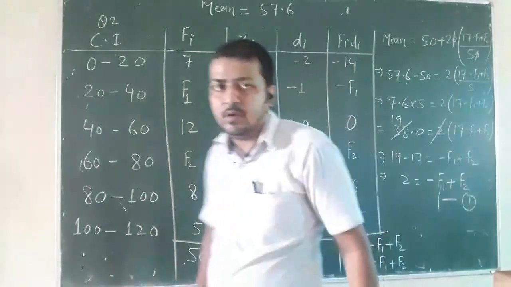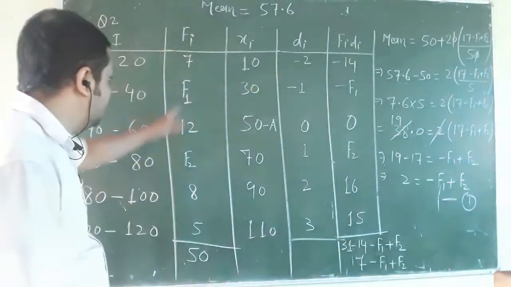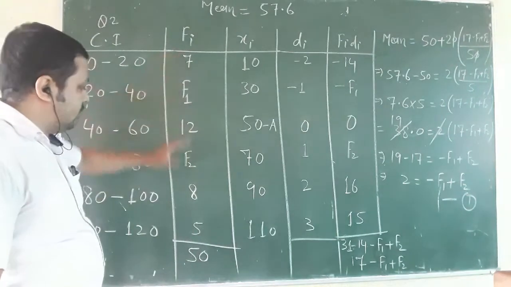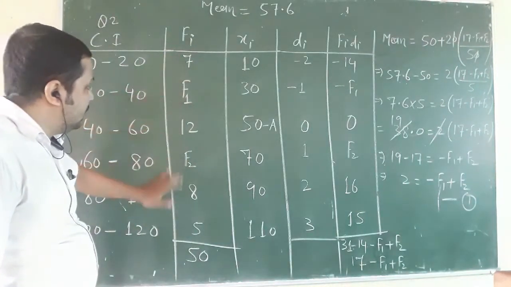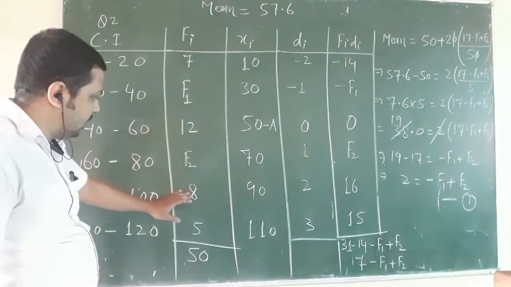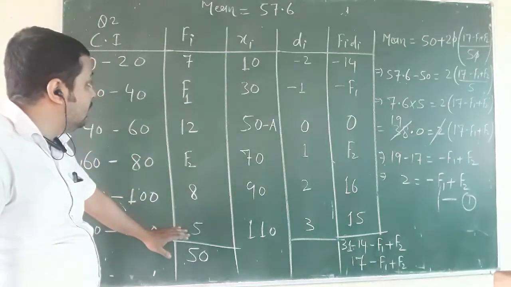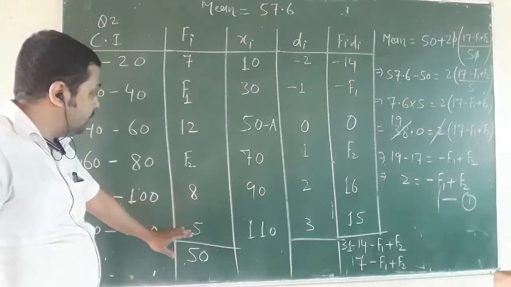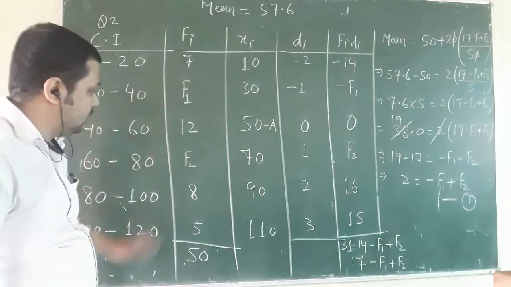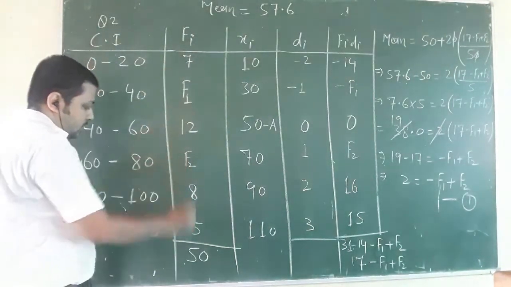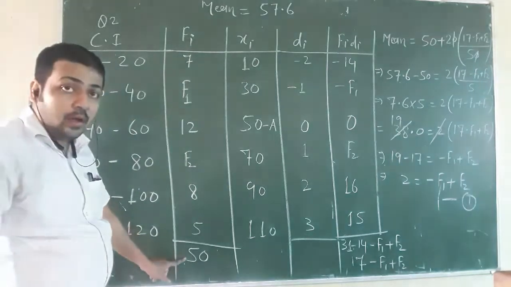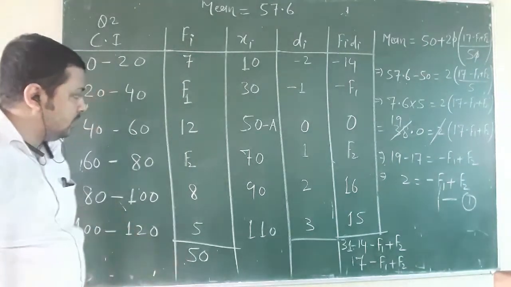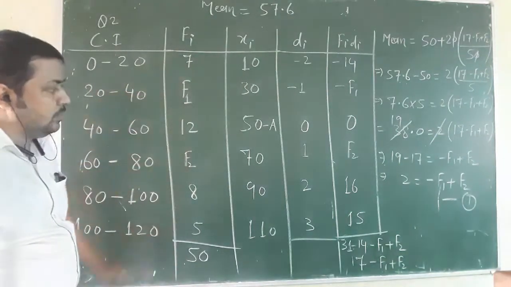Second equation I will find from this relation. First of all I will add all the numeric numbers. So it will be 12, 12, 8, 20, 25, 30. 12, 12, 8, 20, and 5, 25, and 7, 32. 32 plus F1 plus F2. Then after subtracting 32 from 50, F1 plus F2 will be equal to,